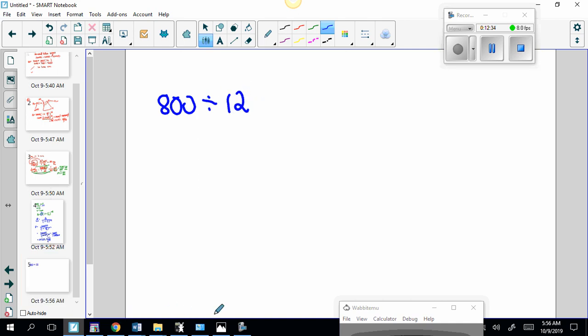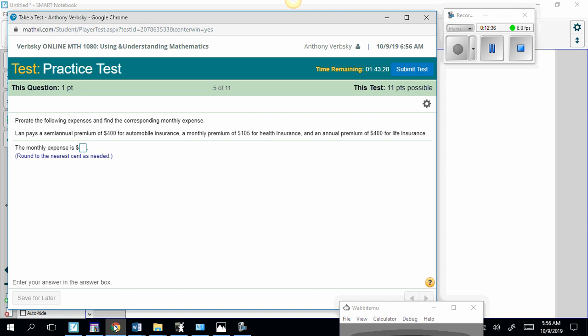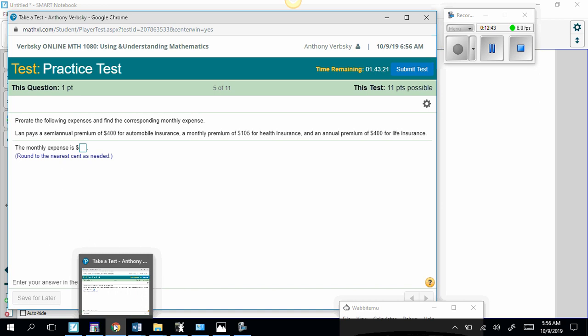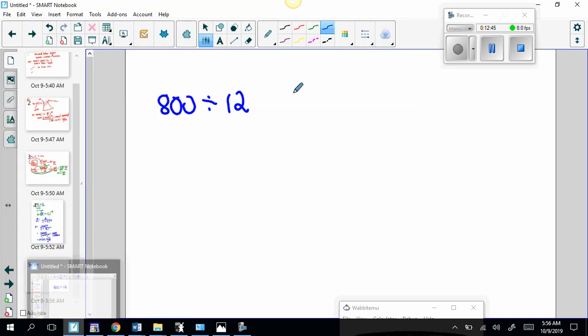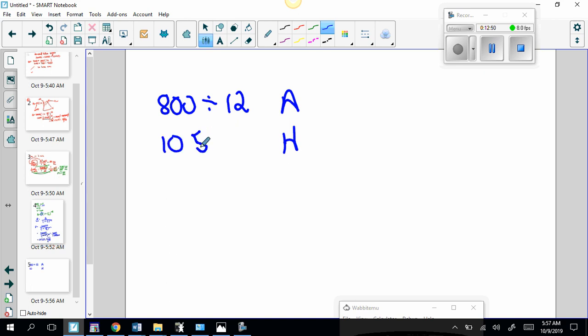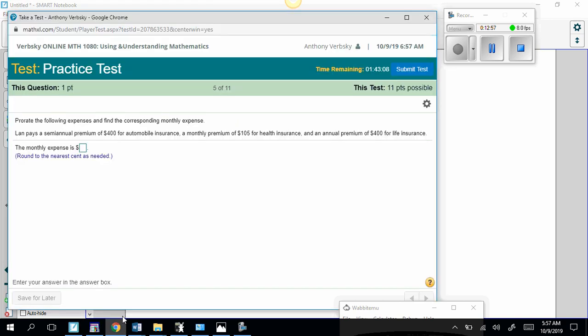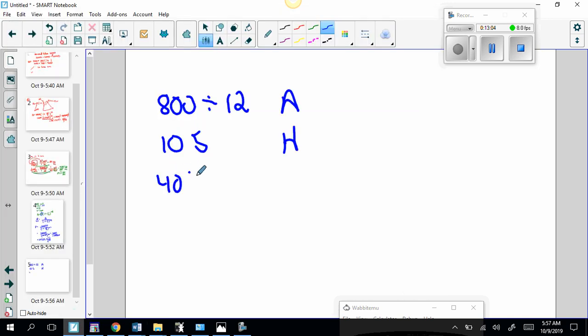and that's for auto, and then health is 105 per month. And then the last one, 400 life per year, so divide by 12. So for life, 400 divided by 12 for life,